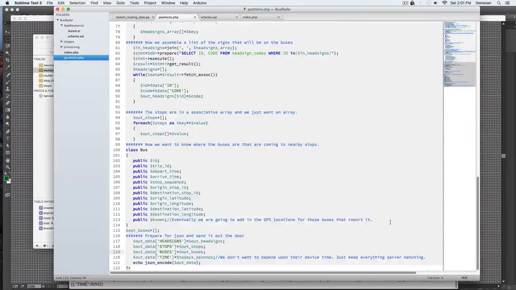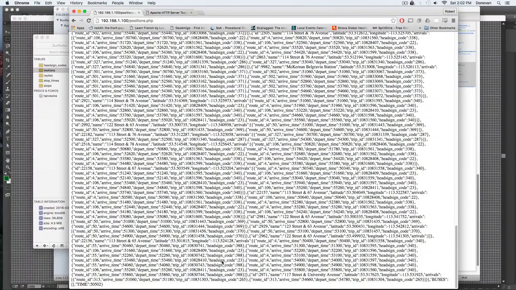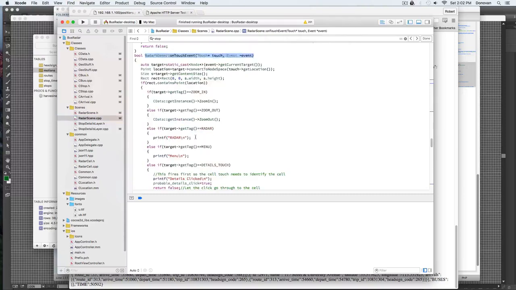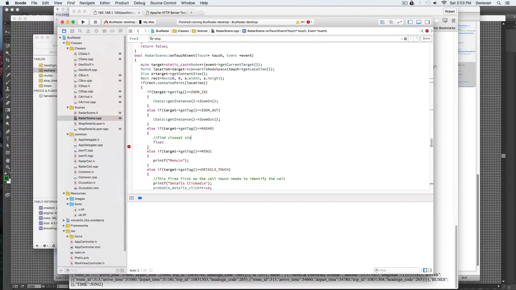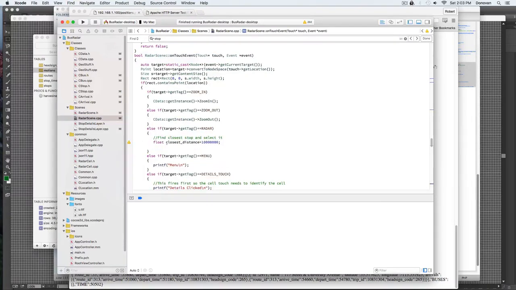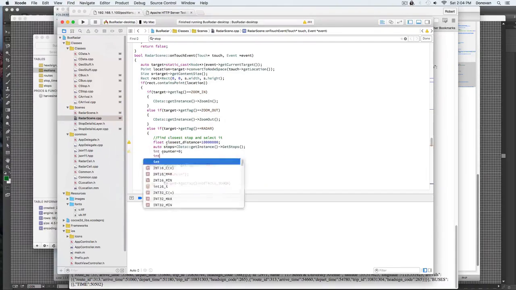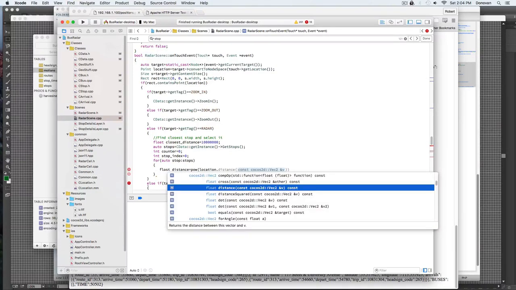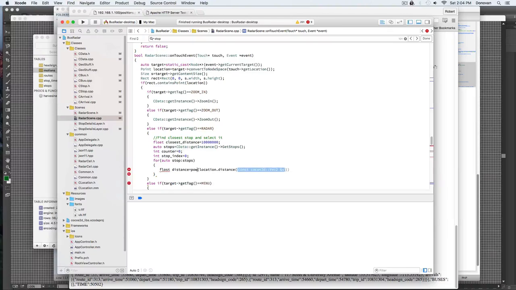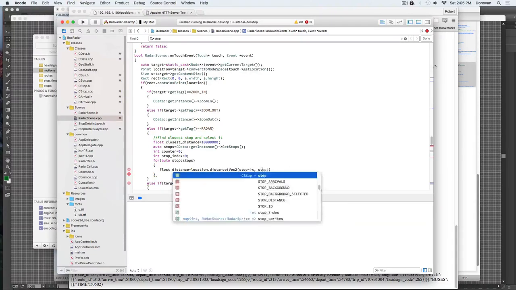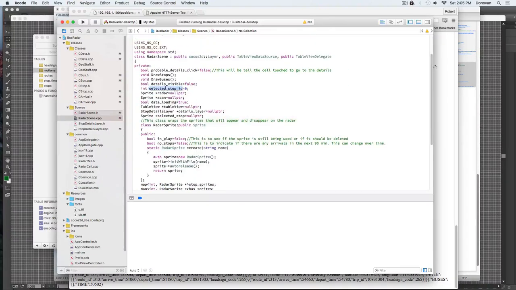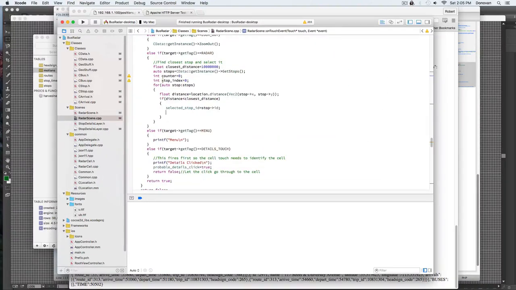So now this is a quickie radar click. What we're going to do is very straightforward: get the distance. And we'll use the location distance within. There's actually a vector distance thing, so why not use that rather than do my own hypotenuse code. And so now it selects a stop. So if we click,